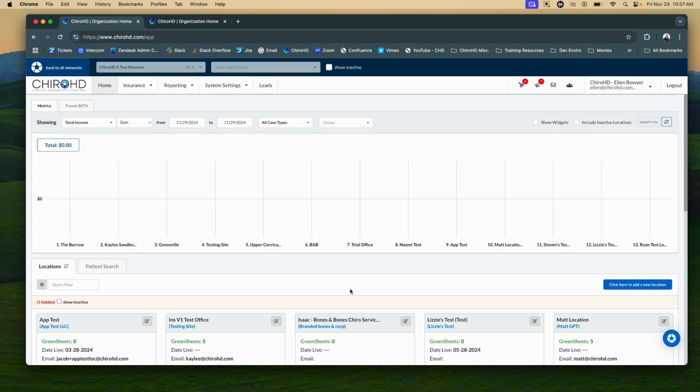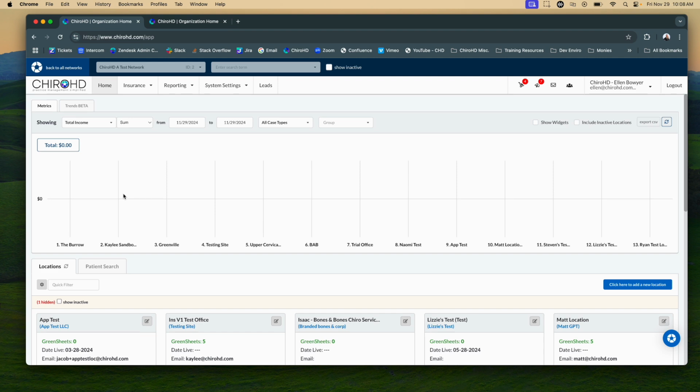In CoverHD, there's not a way to copy an individual SoapNote macro or duplicate a SoapNote macro tab. So what you have to do is essentially copy and paste the contents of that SoapNote macro. So what you need to do is have two tabs of CoverHD open side by side, and you need to